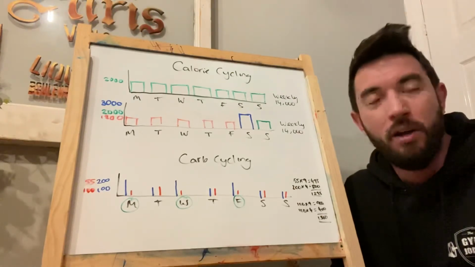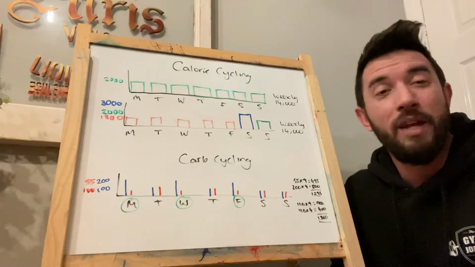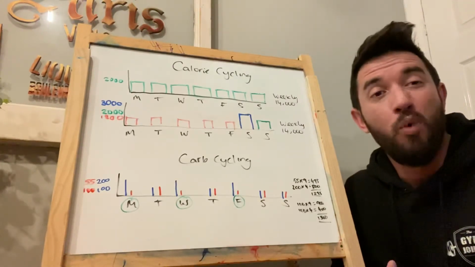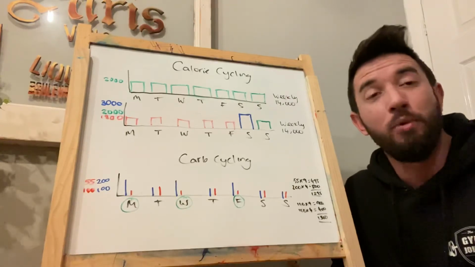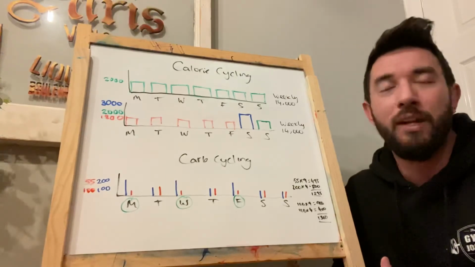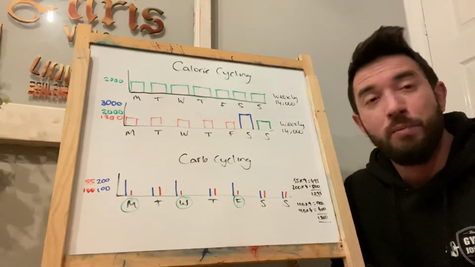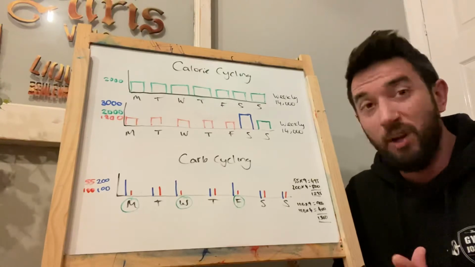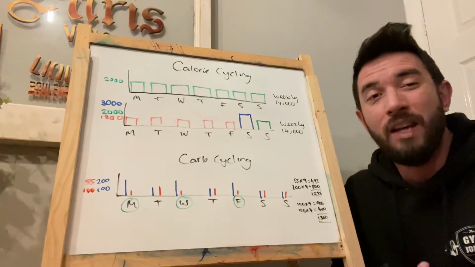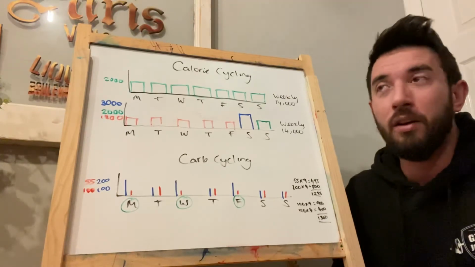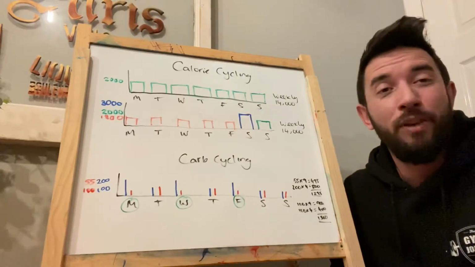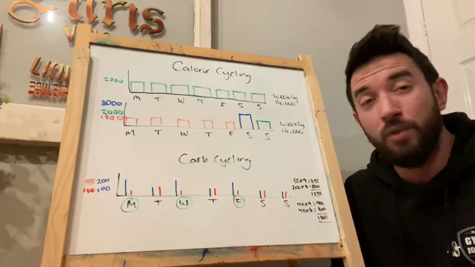So the theory behind carb cycling is obviously carbs are great for energy, great for performance. So if you have a better ability to perform and work harder in the gym because you've got more energy, you've got more carbs, then you're likely to push yourself harder, get a greater breakdown in tissue, greater adaptation, and greater overall response over your week from a fat loss perspective, for example, or muscle building. Whereas obviously if you have lower fat, again, you still need fat, but in a sort of preference or priority around a training day, carbs would take preference for being a higher priority than fats would on a training day.